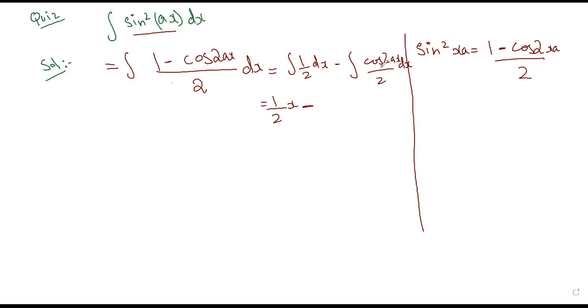Now you need to integrate this cos 2ax by 2. And how would you do that? You need to start your guesswork. You need to think of it as the derivative. You need to think that if you have,